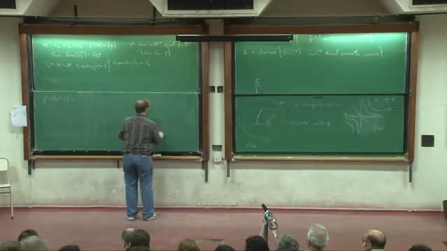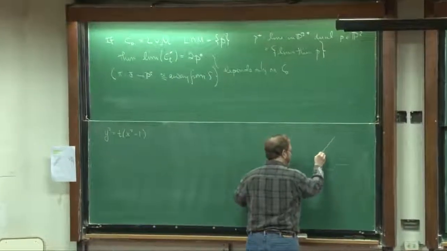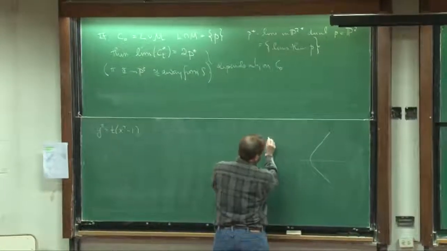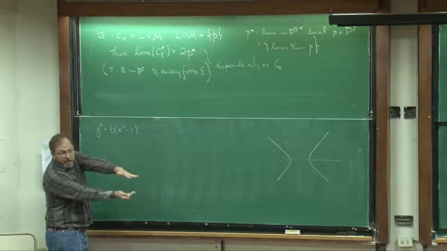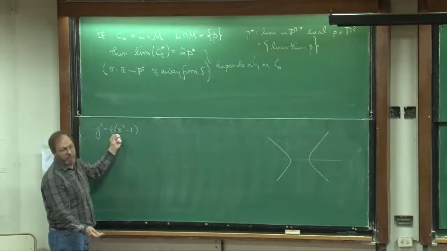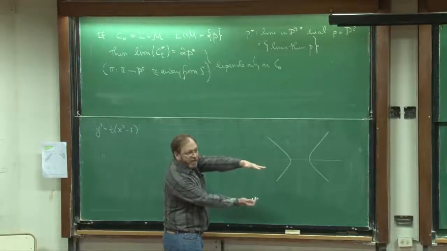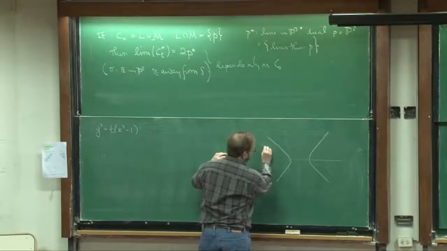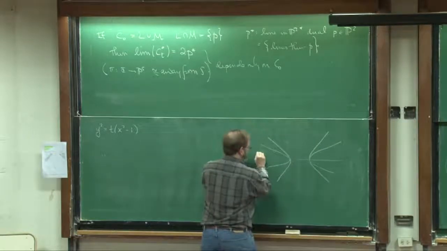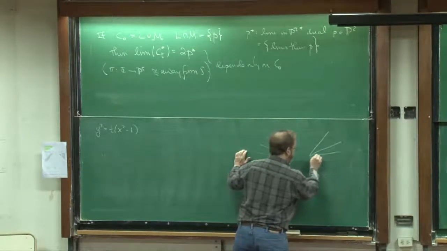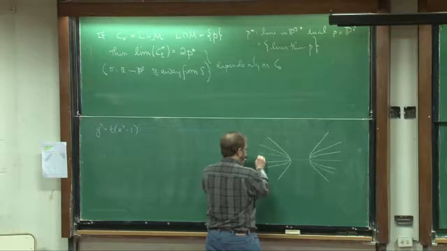So what does that look like? Well, for t equals 1, it's a standard hyperbola with asymptotes at 45 degrees. And as t goes to 0, we're simply flattening it. All we're doing is multiplying the y coordinate by the square root of t. But the point is we're just sort of shrinking the distances in the vertical direction. So we get a family of hyperbolas that look like this. It has asymptotes of lower and lower slope. And of course the limit as t goes to 0 is simply the double